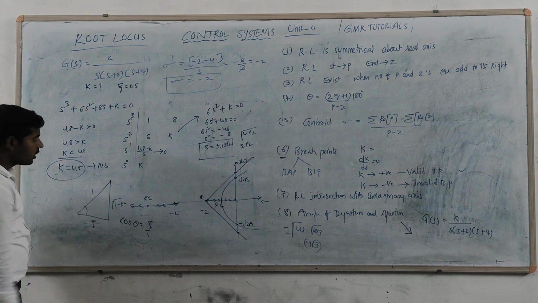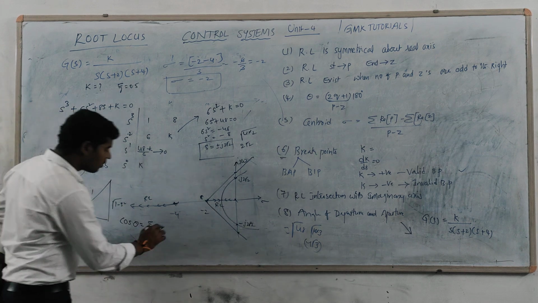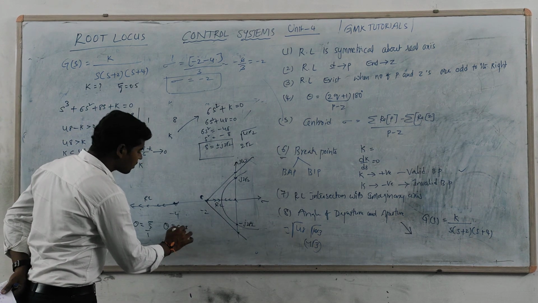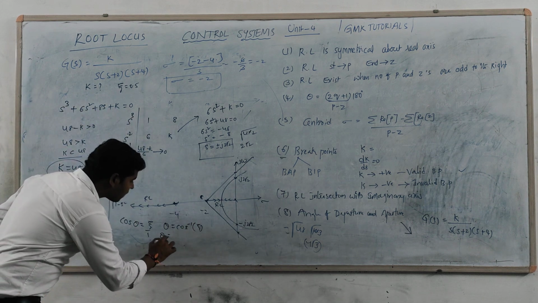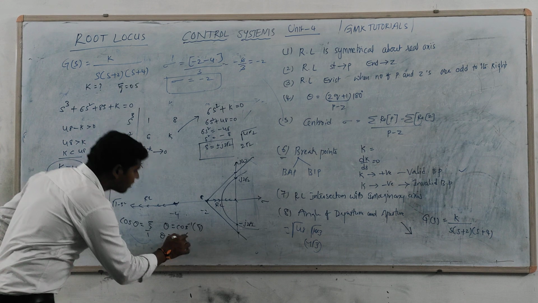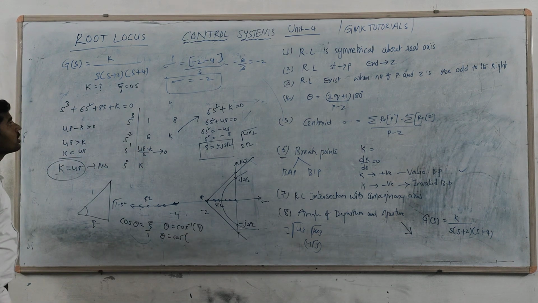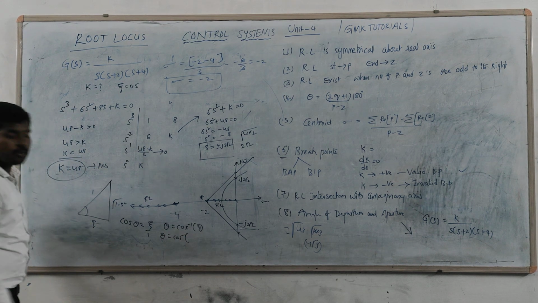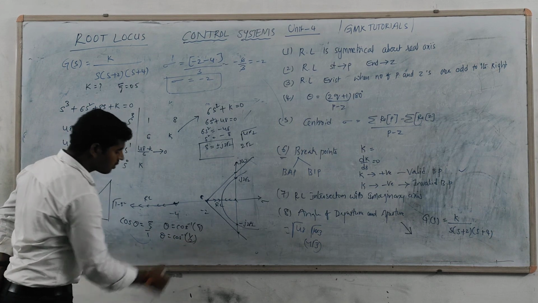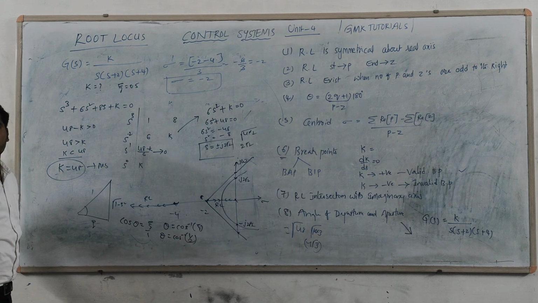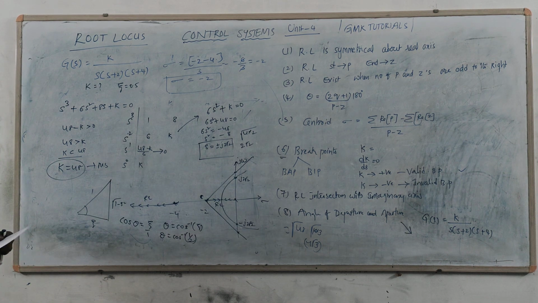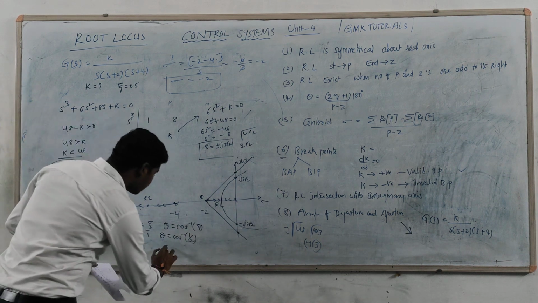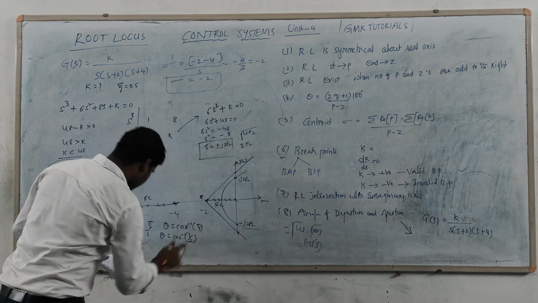So from this you need to find the theta value. Theta is equal to cos inverse of zeta value, right? So zeta value is equal to what value? Zeta is equal to 0.5. 0.5 can be represented as 1/2. Okay. So you will get an angle, right? That angle is approximately 60 degrees. So that is equal to 60 degrees.